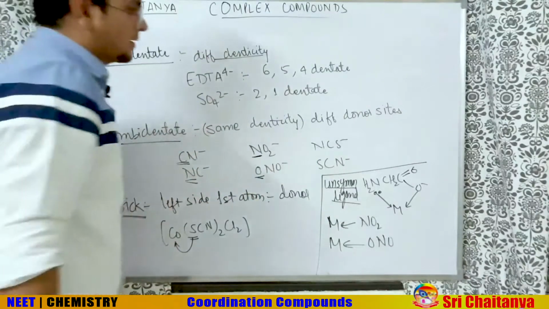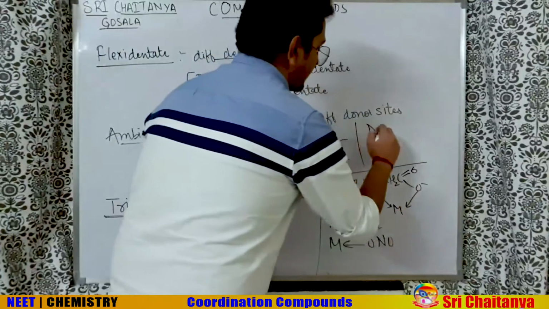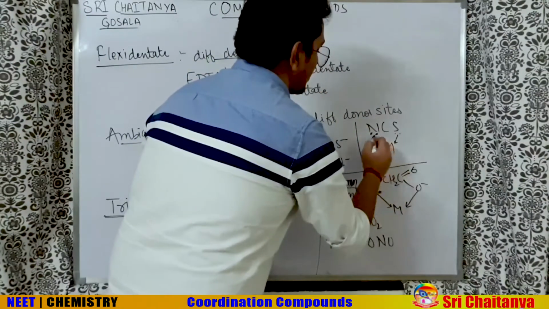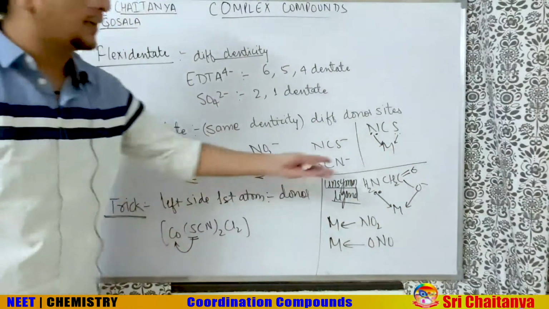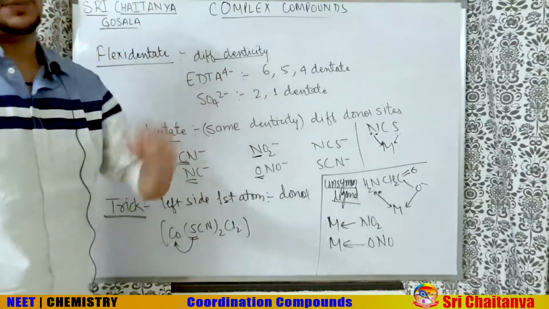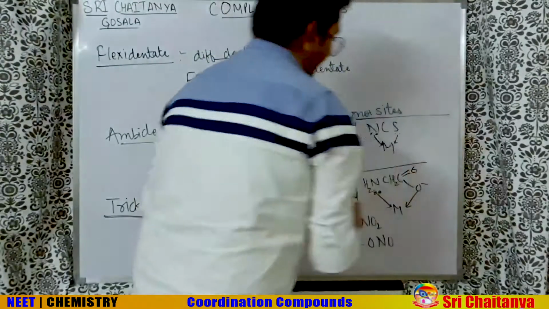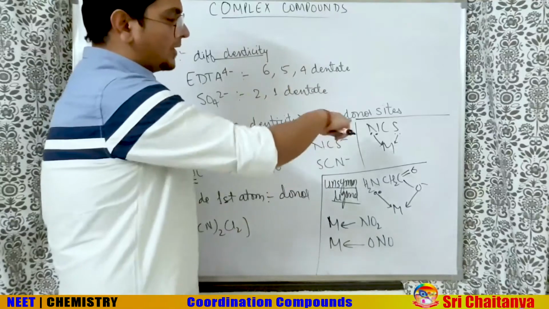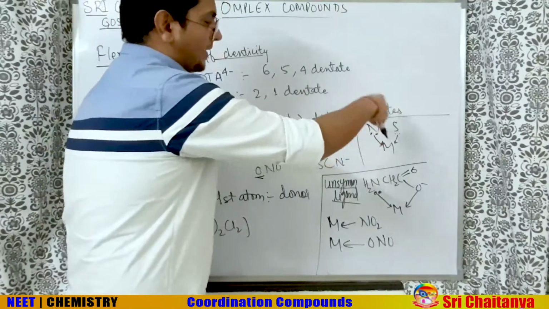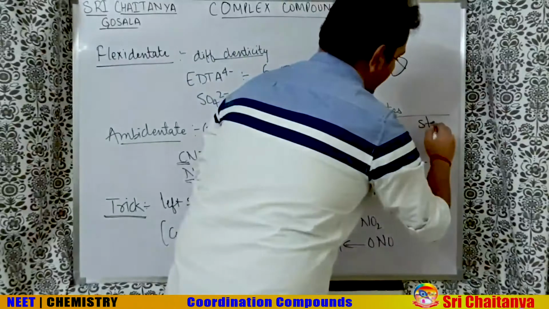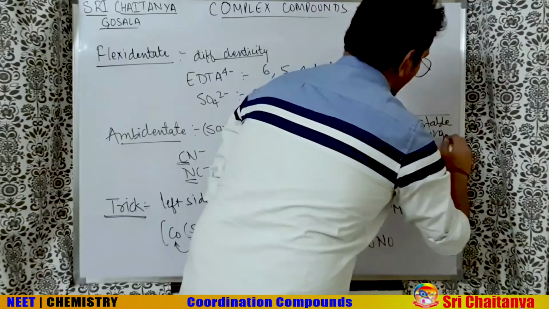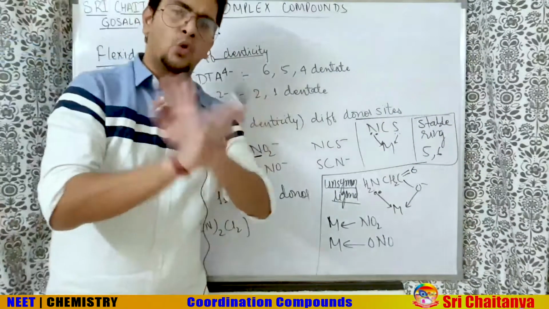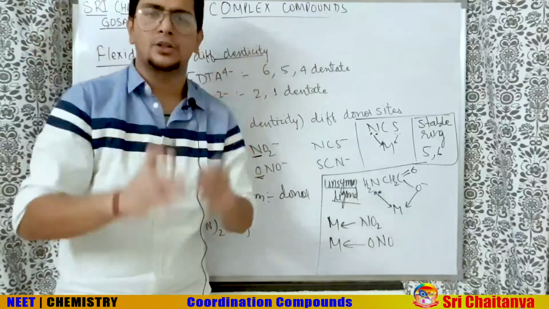Then some people ask, sir, if this is the metal, this is NCS-, then why can't this also have a lone pair, sulfur also has a lone pair? So why don't they both donate simultaneously like glycinato? Here a very beautiful explanation is there. The explanation is that whenever you take a didentate ligand, didentate meaning making 2 bonds with the central atom, you will always get a ring. And the stable ring size is 5 or 6 membered. 5 and 6 membered rings are stable in the whole of chemistry, in whichever chapter you check.